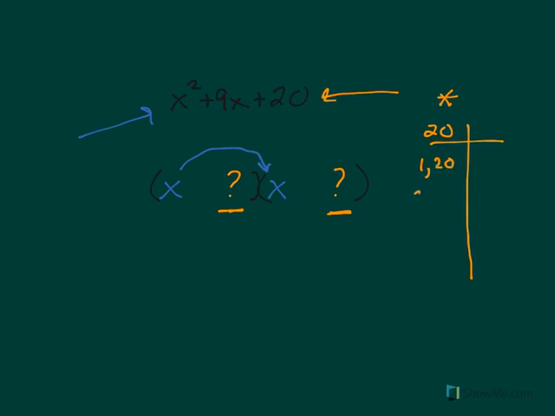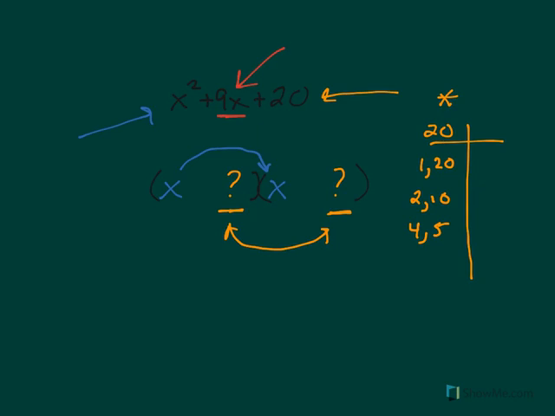We also know that 2 times 10 can make a value of 20. And we also know that 4 times 5 can make a value of 20. So the next question is, well, which one's the right combination? And to figure out the right combination, you need to look at your middle term. So when this goes through the multiplying process, yes, these two numbers on the end need to make 20 when you multiply, but they also need to come together and make the middle term